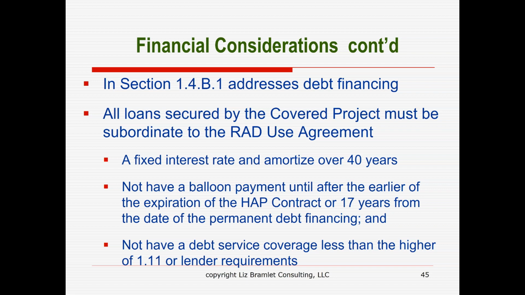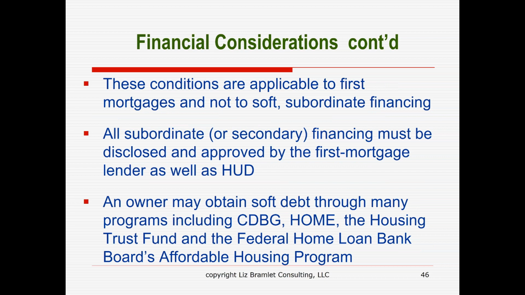And for projects that are going to have low-income housing tax credits, usually HFAs require a higher debt service coverage, more like a mortgage insured through the 221(d)(4) program, then that mortgage has to meet those standards. But those standards do not apply to any subordinate financing. And most of these projects